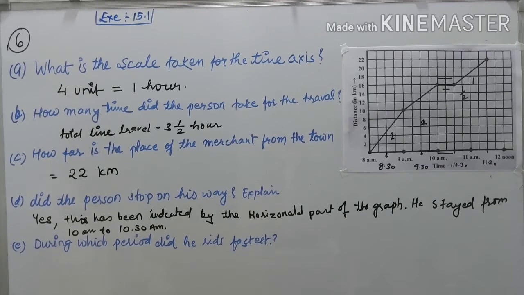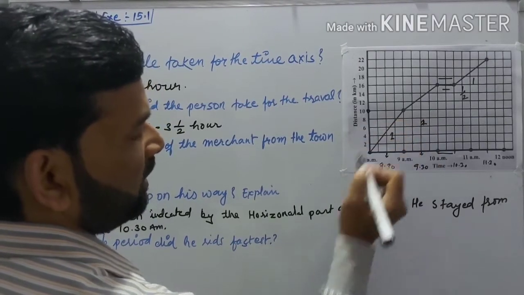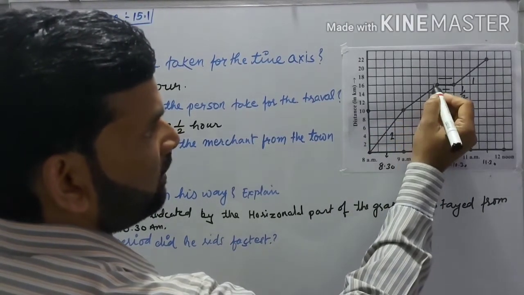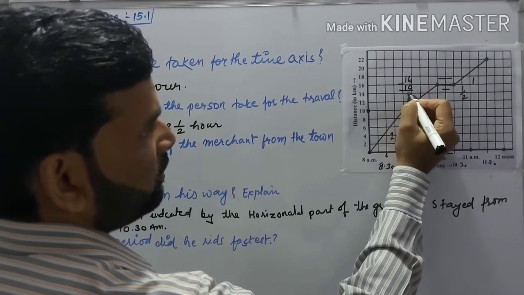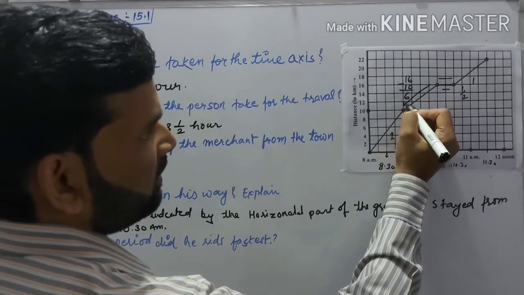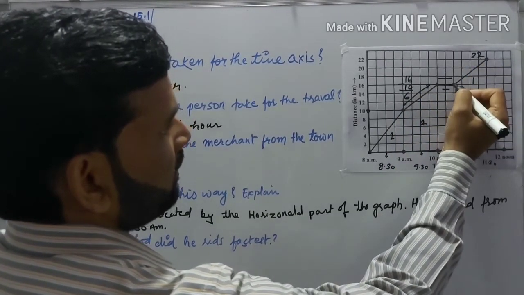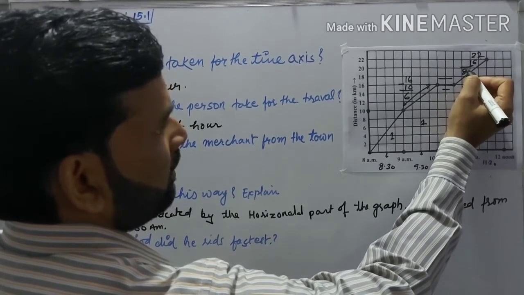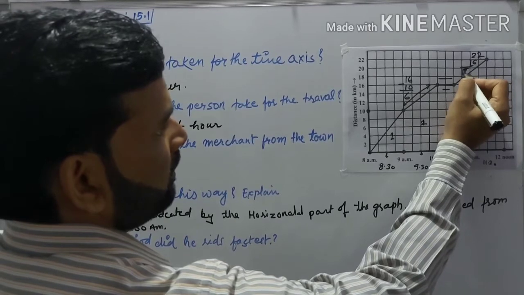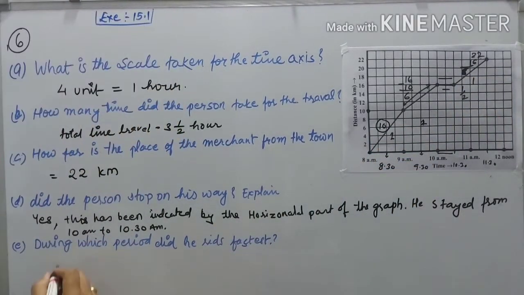So here he covers in the first part a distance of 10, in the second part 16 minus 10 is equal to 6, meaning the distance is 6, and here 22 and this is 16, there's 6 and here 10, so this is the first hour,